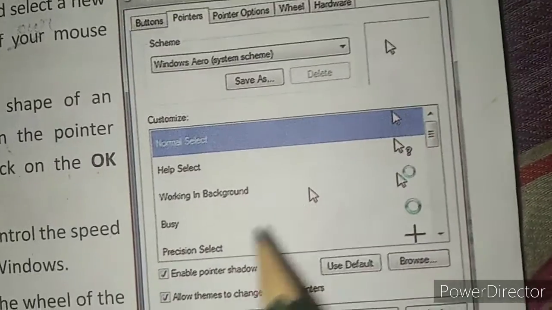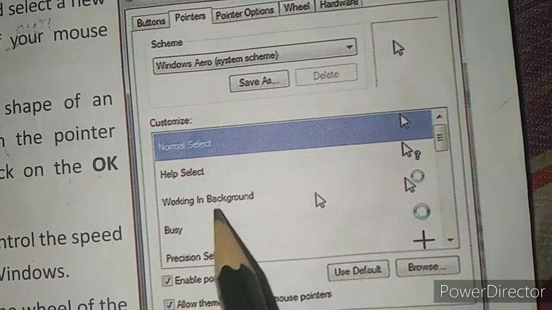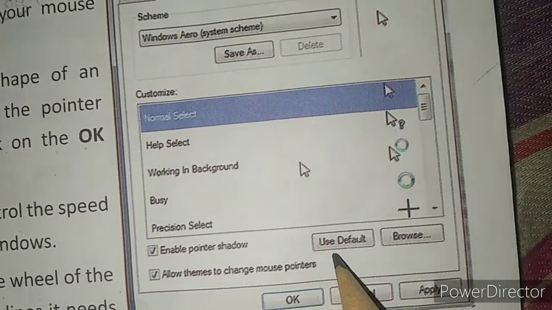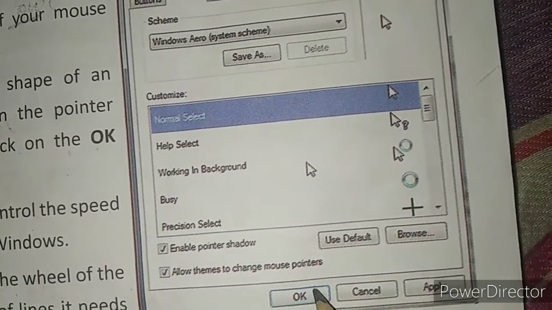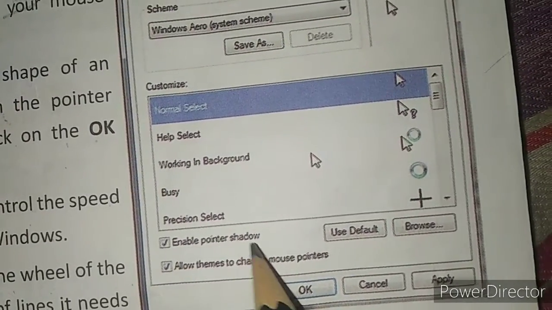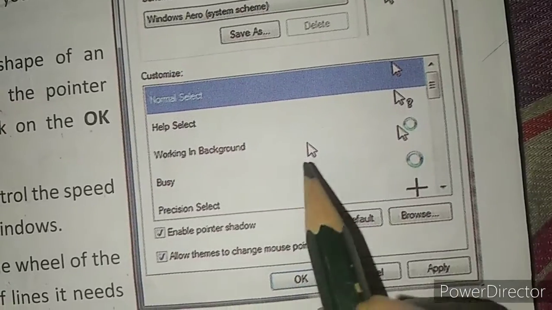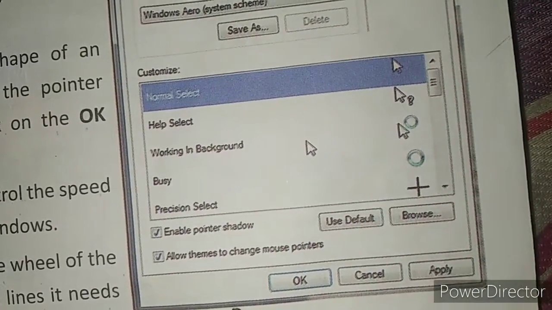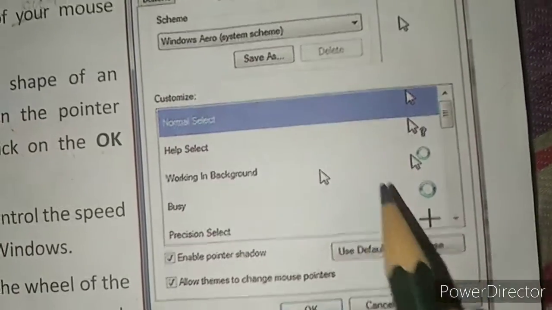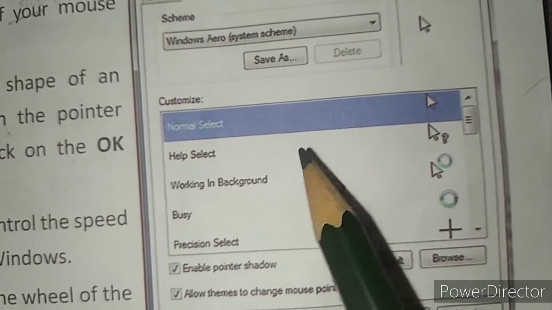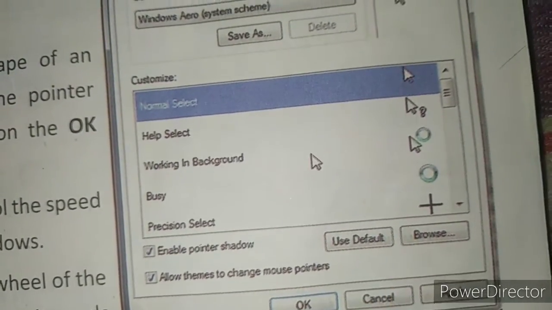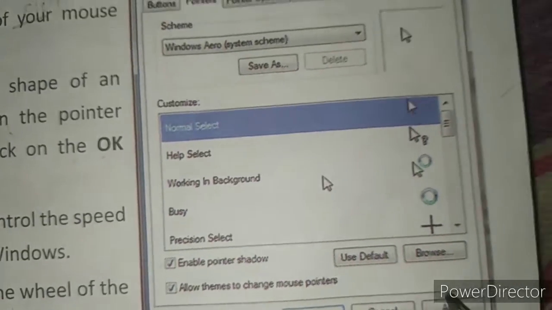Here we can select any type of pointer, and then click on OK. Here, enable pointer shadow means when we use this, a shadow will appear, right? Here many settings are there, and we can select the type of the pointer here, and after that we can click OK or apply, right?